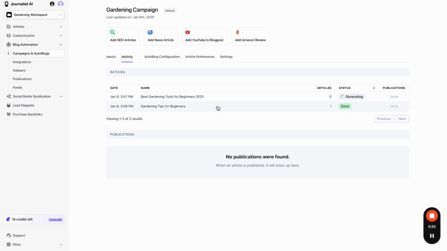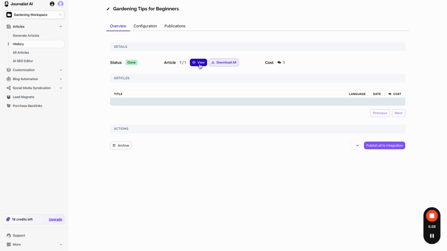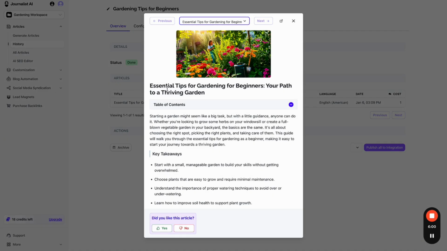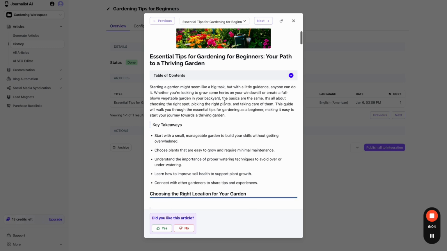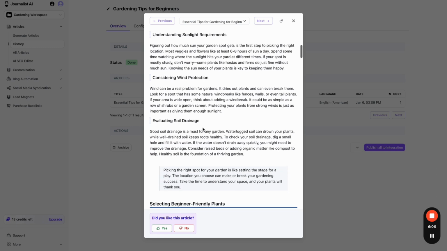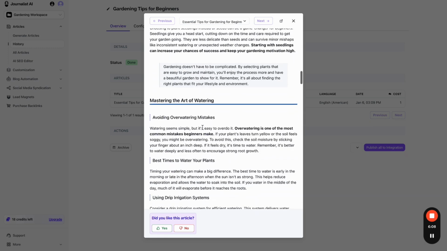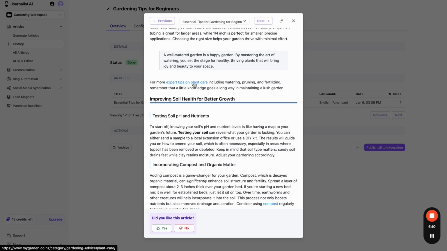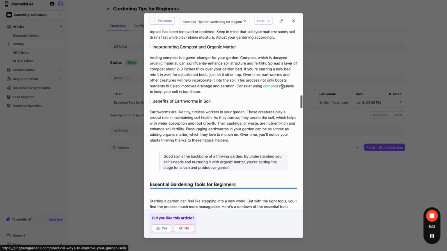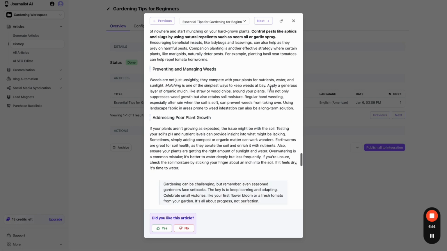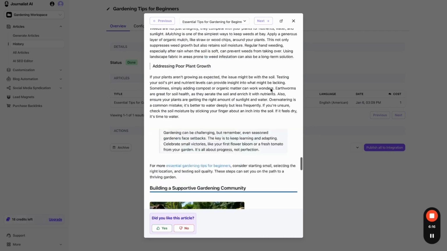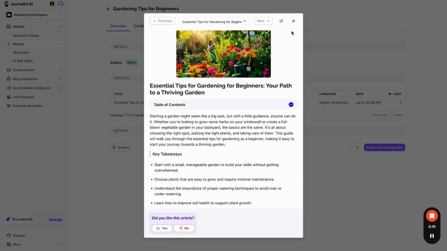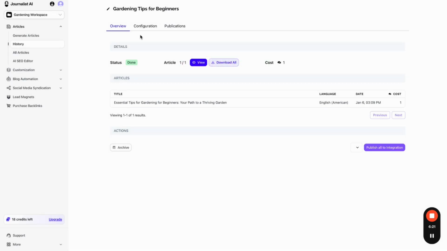Just open this one right here for now. Gardening tips for beginners, click on view. And essential tips for gardening for beginners, your path to a thriving garden. Table of contents right here, key takeaways, all right here, but you'll notice that there is, actually this is an external link, but there's no internal linking. There's only external links, and there is no video added as well, because again, this article is good, but it was generated, excuse me,